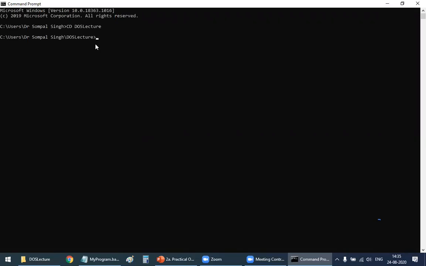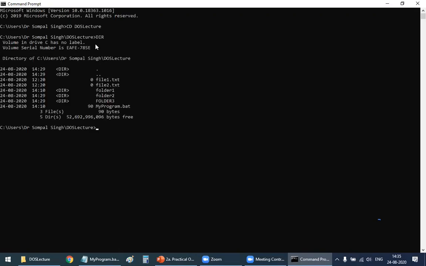So now I want to get the list of files and subdirectories in this particular folder. So for that, I'll type dir. So this dir command will provide me the list of all the folders. By folder I mean a directory or a folder.